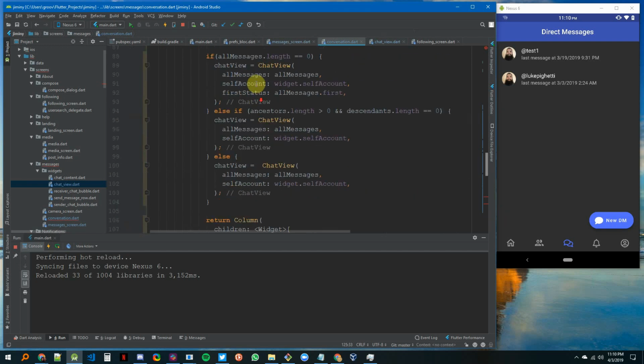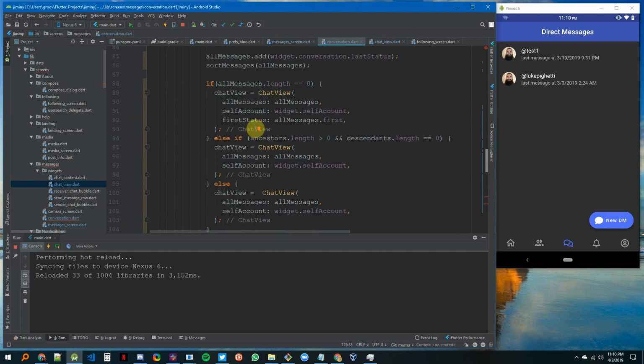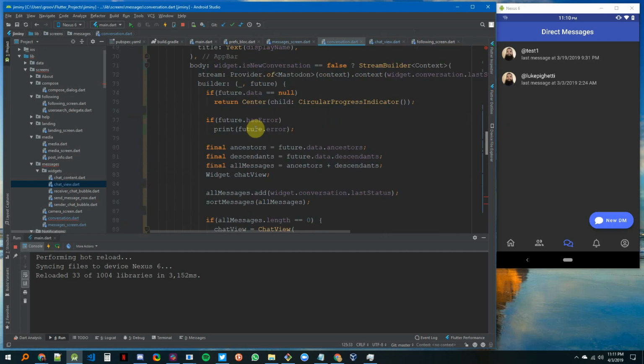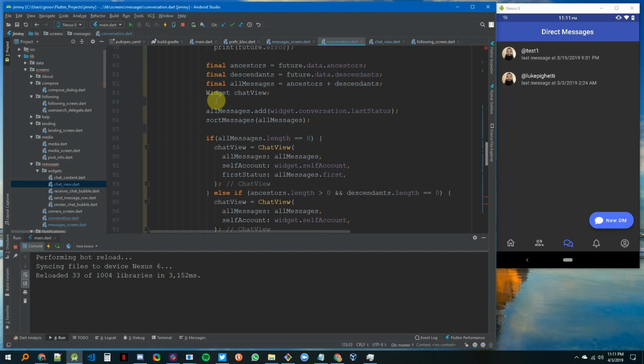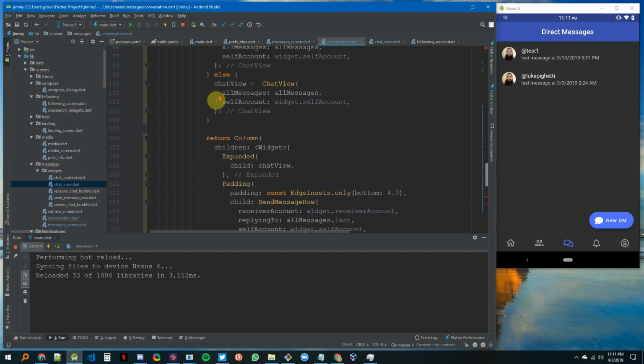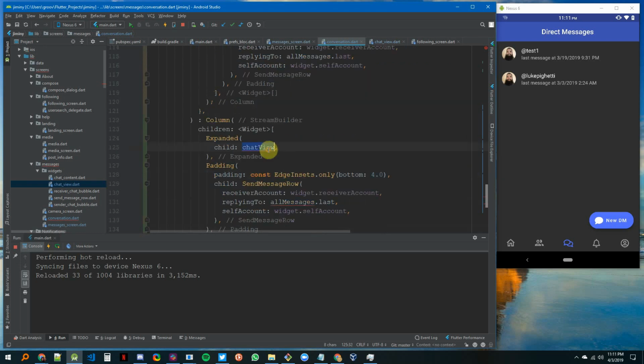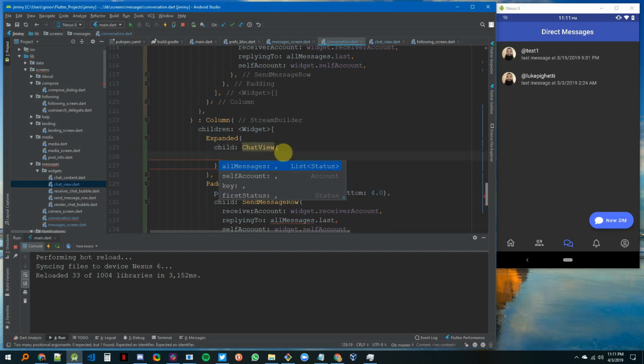Right, I build chat view here. Although, oh yeah, never mind. I do like that's going to give me a problem because